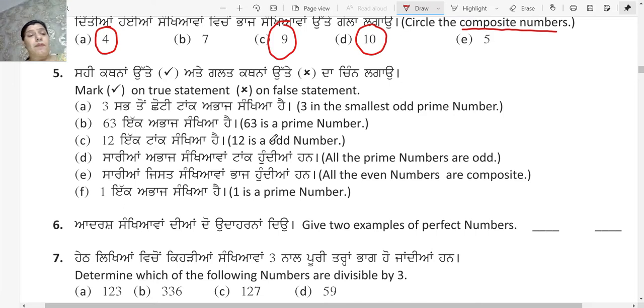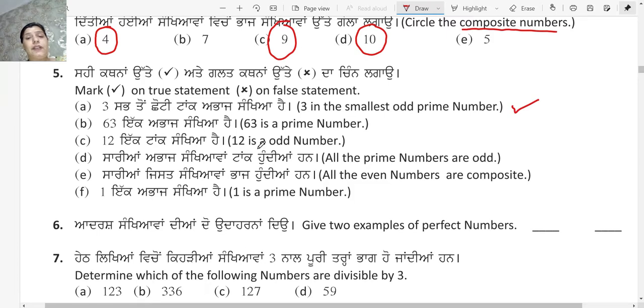बेटा हमारे पास जो प्राइम नंबर्स हमने करे थे सीवर पेरेंथेसिस में, you know that the first prime number is 2, next prime number is 3, but 2 is even and 3 is odd. तो सबसे छोटा odd prime number कौन सा है? 3. So this is a true statement, so you will put a correct sign.